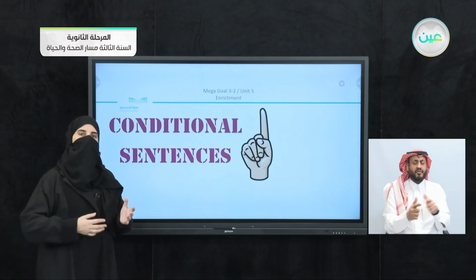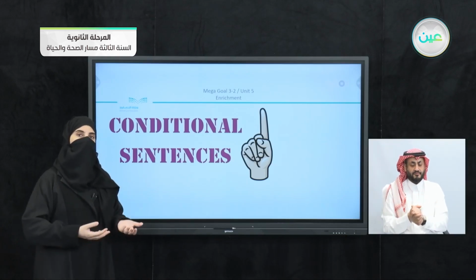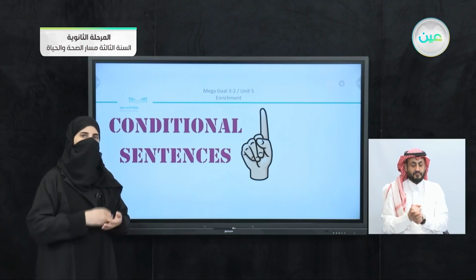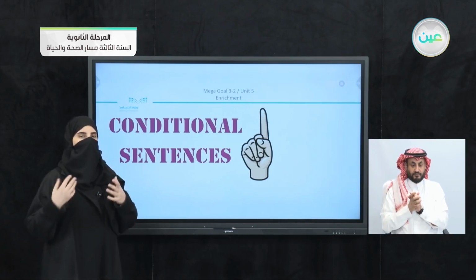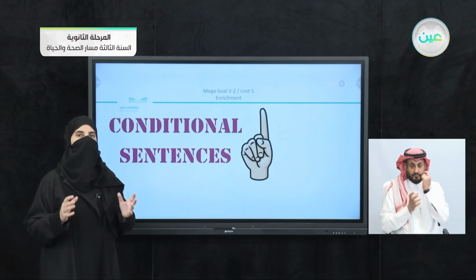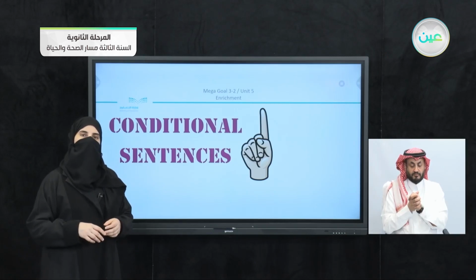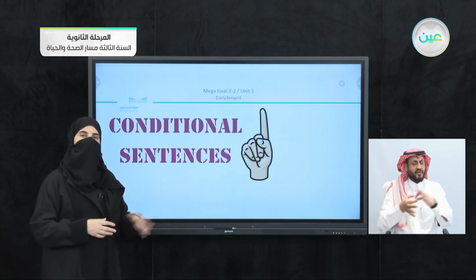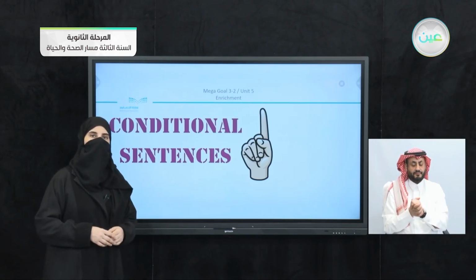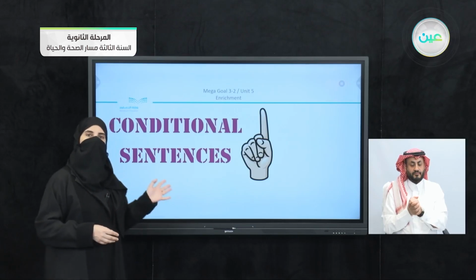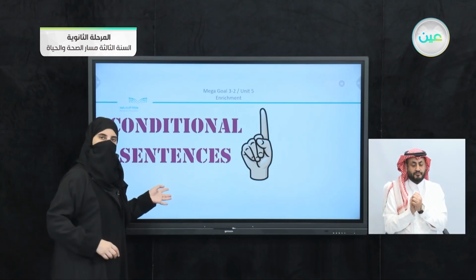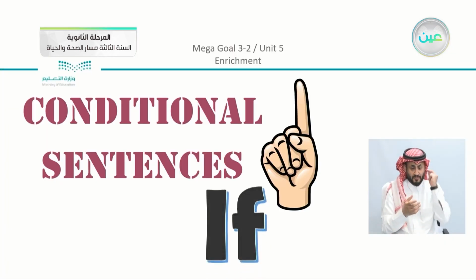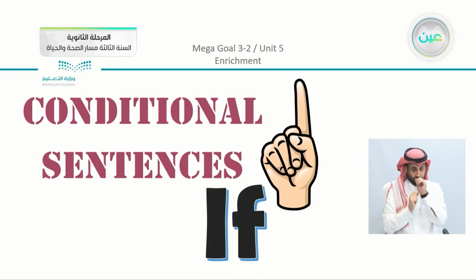As we mentioned, we have dependent clauses, which do not give a complete meaning, and independent clauses, the part that can give a complete meaning on its own. So we're going to relate to what we just passed by and see the other part of our lesson, the enrichment, which is going to be about conditional sentences. Of course, the first thing we know is that conditional sentences have if as a basic part of the sentence.